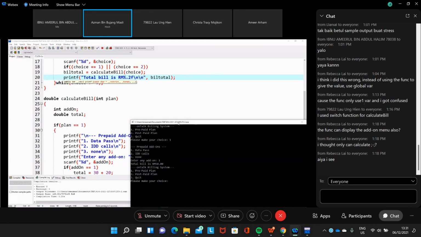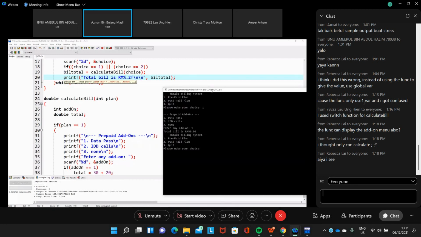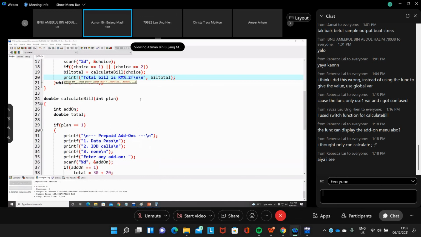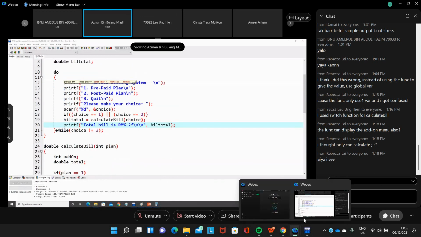So this one, if you enter another number, then it doesn't affect anything, but the total bill is still there. We need to do something to the total bill, because if you enter another number, it should just repeat but not print the total bill. So the total bill should be put in an if else. Even when you quit, you have the total bill.